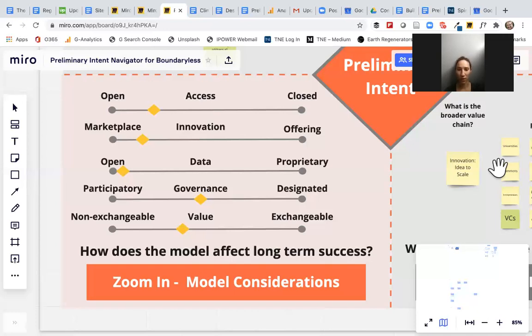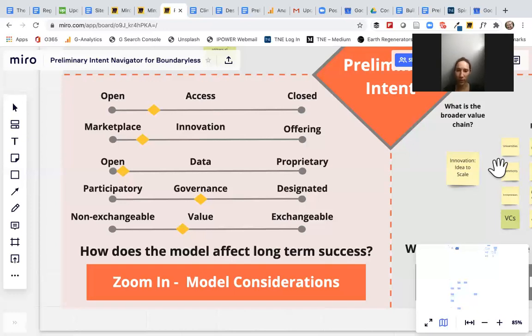So this underlying model is important for the impact and equality and transparency of how whatever ecosystem you're trying to enable operates.